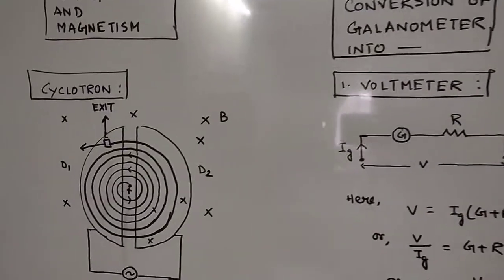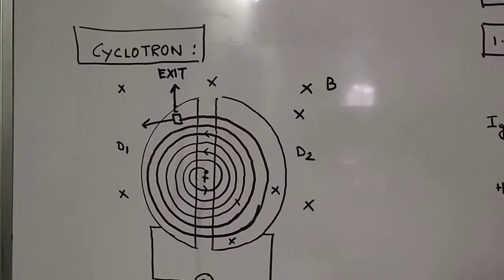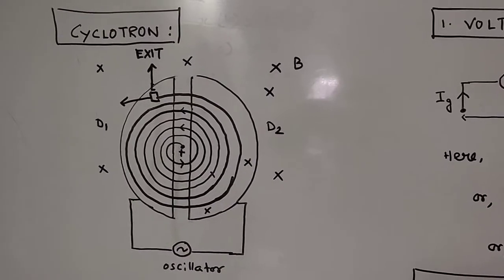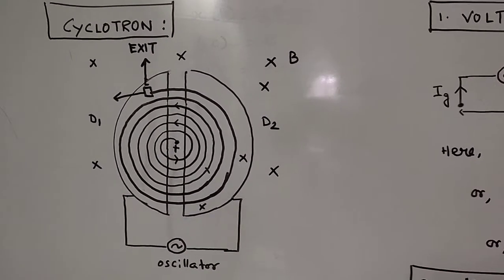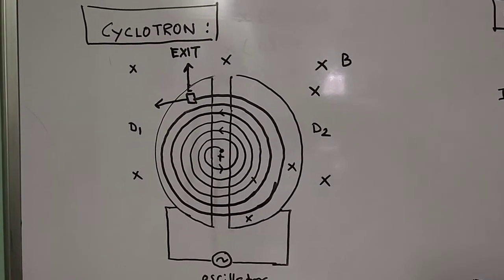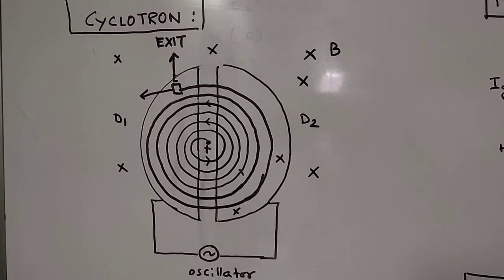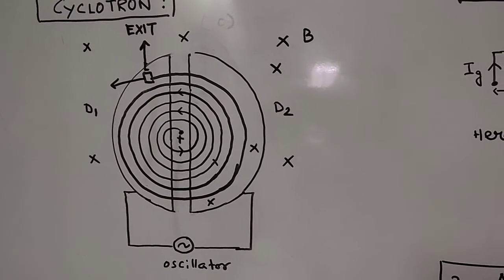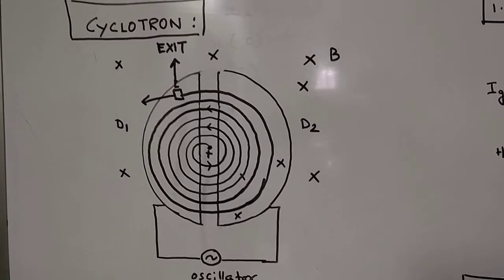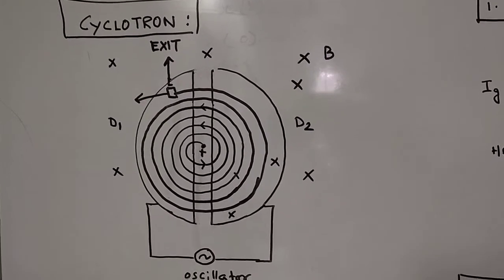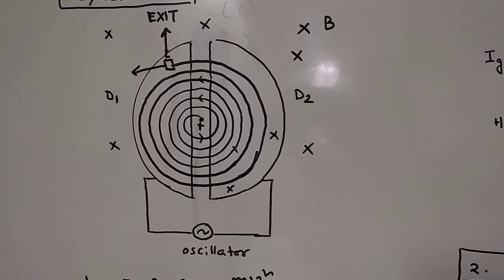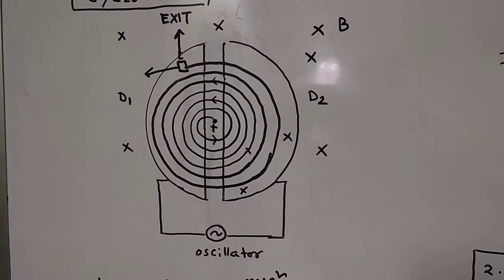Now the next topic which we are going to discuss is your cyclotron. Now cyclotron, you see in this figure, two D-shaped chambers, D1 and D2, and there is a gap. Now D1 and D2 is nothing but a D-shaped hollow chamber. You can consider a pencil box, but the pencil box should be D-shaped. So if you see, inside it is hollow. So two D-shaped chambers are there, and a gap is there in between the two, and the two D-shaped chambers are connected to the oscillator. Now oscillator, what will it do? It will alter the potential.